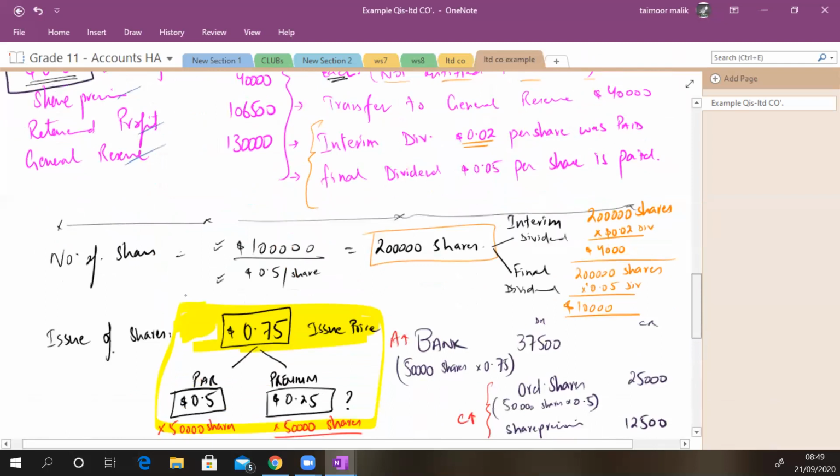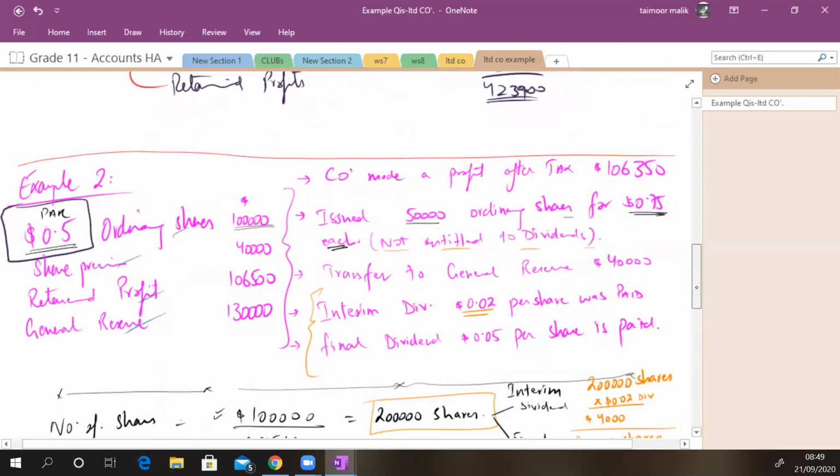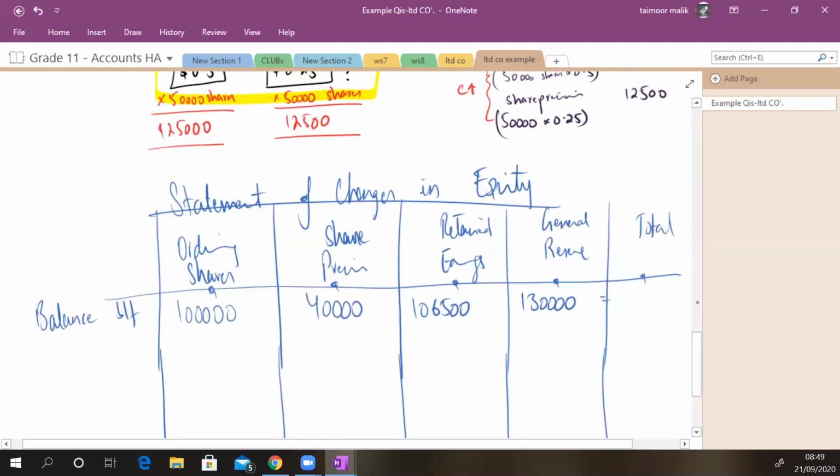Opening balances are 100,000, 40,000, dollar sign, 100, 40, 106,500, 106,500, and 130,000. Yes, 130. So total कितना हुआ जी? 236, 276, 376,500। ऐसे ही वो। Sir, 376,500. ठीक है जी। उसके बाद